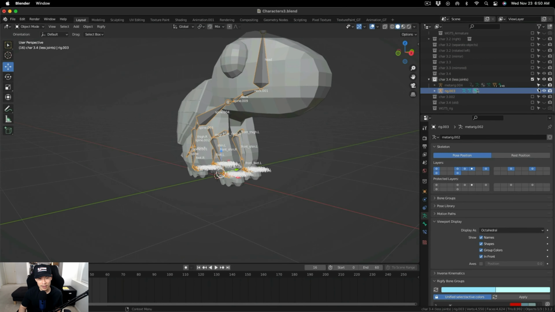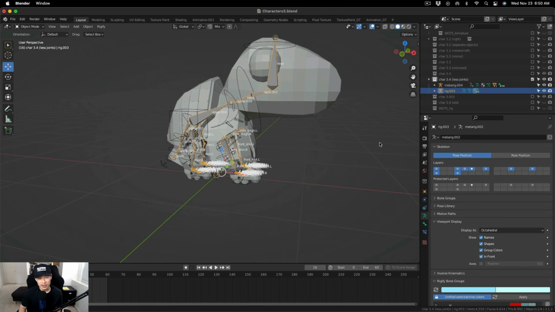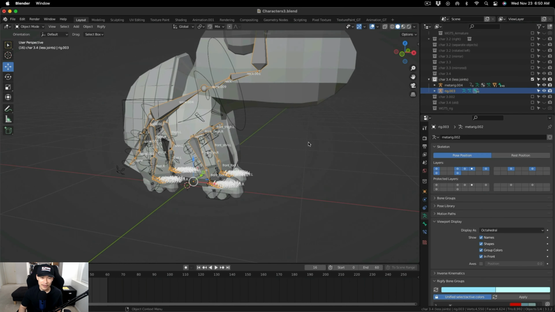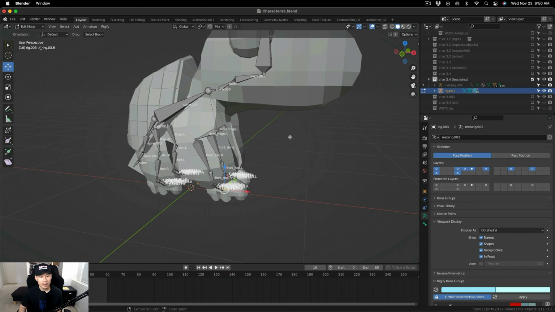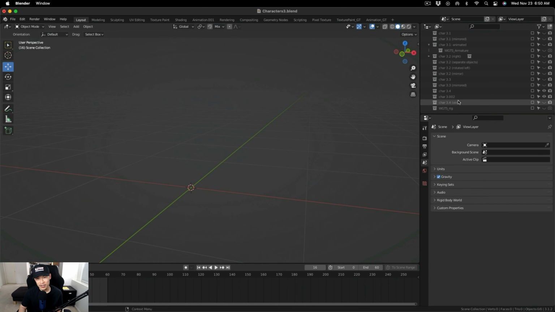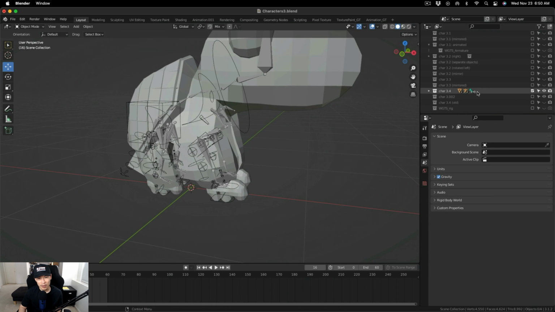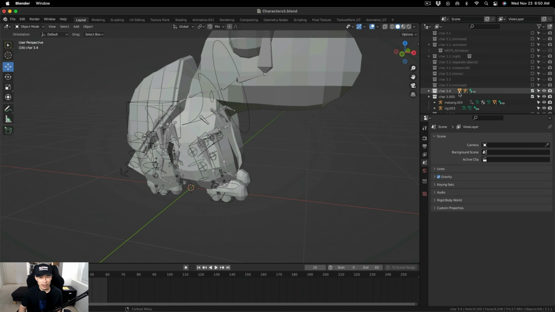This is the first time we're doing this, so I'm actually trying to figure it out in the video. Since I have no idea how to revert back and figure out if we can just add a bone or not. We could have just added a bone, I think. But during that time, it's just easier to delete this collection and then just start over. Now we know what we're not supposed to do. So I need to just duplicate that collection again for character 3.4 and then just start over again,